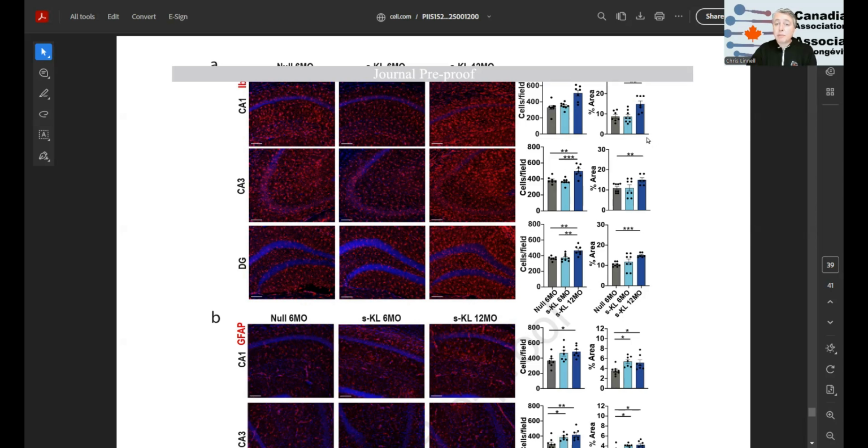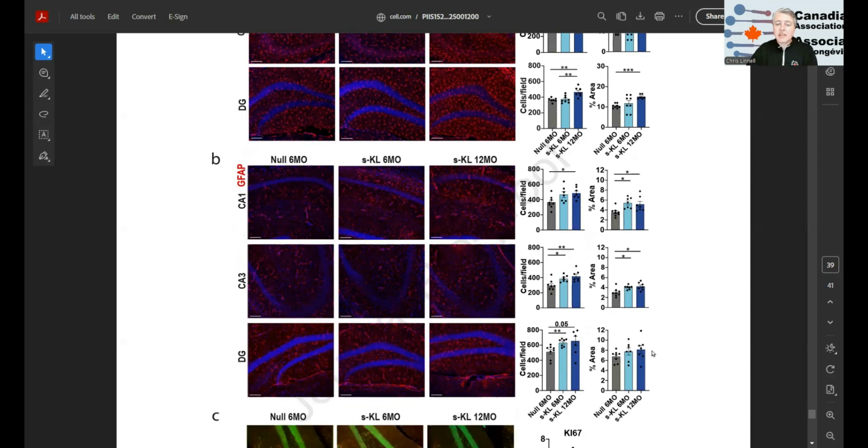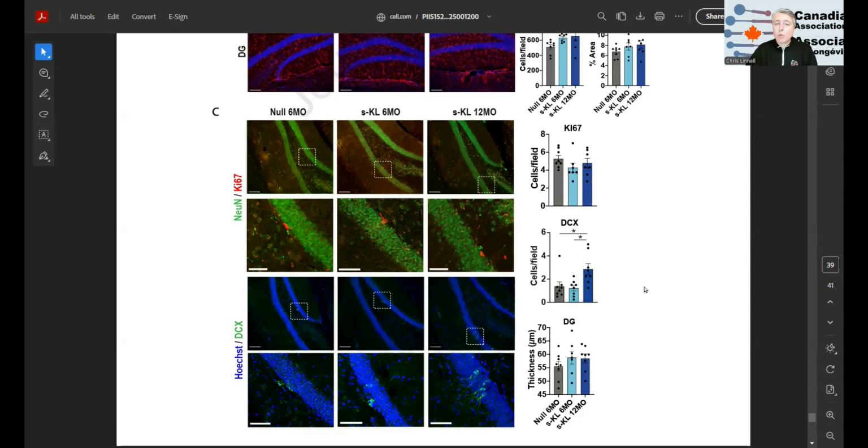And as you can see, especially for the 12-month mice, they all had higher levels of these markers than the controls, though this does not appear to be the case with the 6-month-old mice. The same goes with the second set of markers here in B, though not to the same extent. They then looked at neurogenesis. And while levels of that proliferative marker Ki67 wasn't higher, DCX, which are immature neurons, increased in the 12-month-old mice. And the thickness of the granular cells layer was higher in both sets of Klotho mice, though this did not